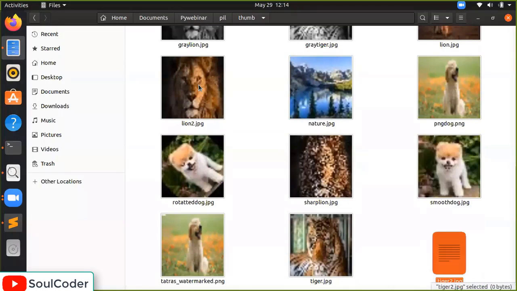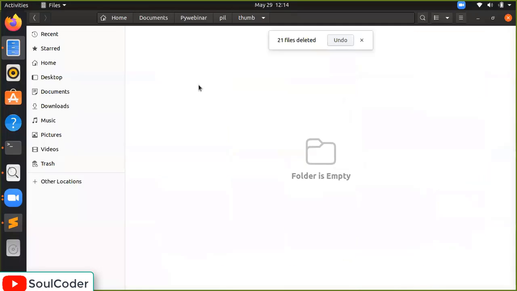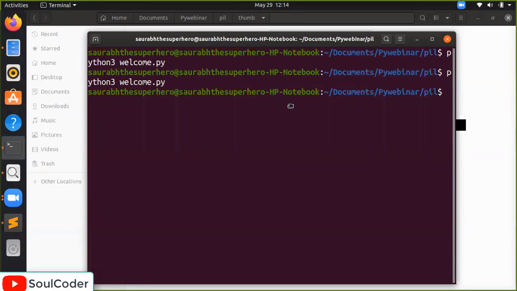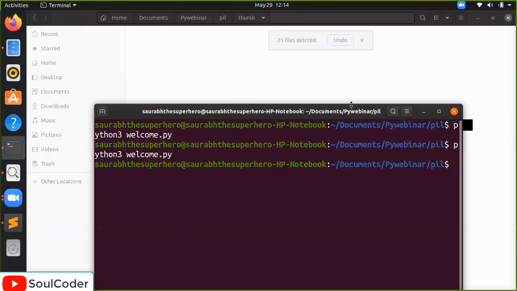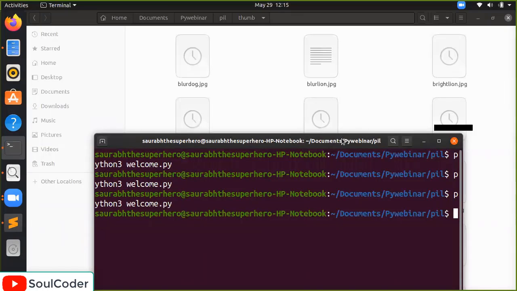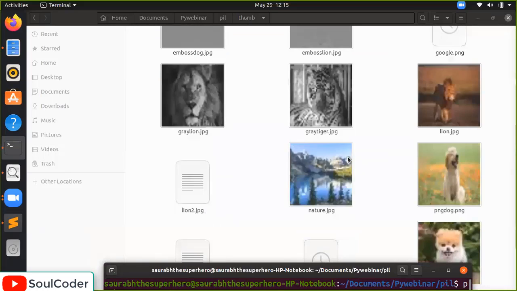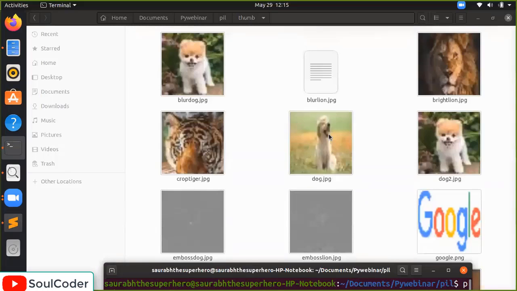I think we will do it again. Okay, I'm deleting it so we can see clearly. I'm going to run it again. At one click, this many images are already done processing. So you understand why we aren't using